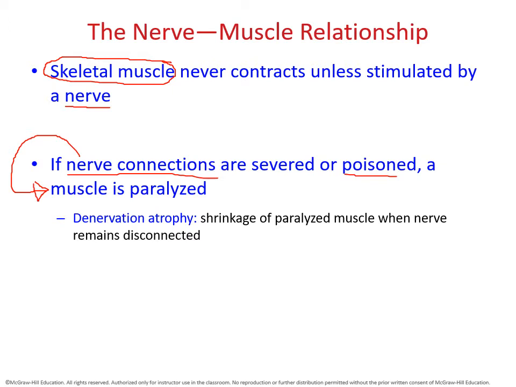If the nerve connection is severed on a permanent basis, like let's say for instance someone gets into a motorcycle accident and their spinal cord has damage and the nerves are severed, we see that once those connections are severed, the muscle will become paralyzed on a permanent basis. So that shrinkage will be something that will be full time and not be able to regenerate unless for some reason they could get the nerve connection to once again connect with the paralyzed muscle.